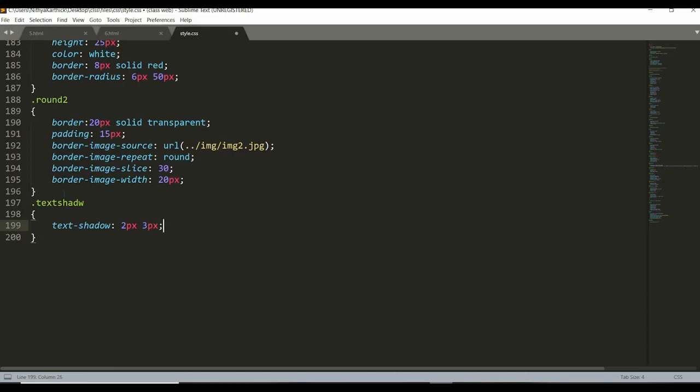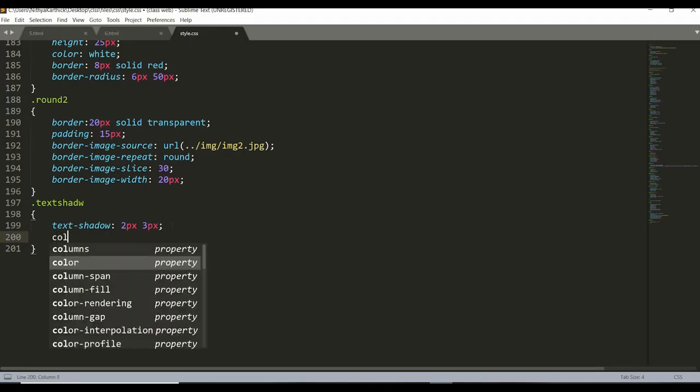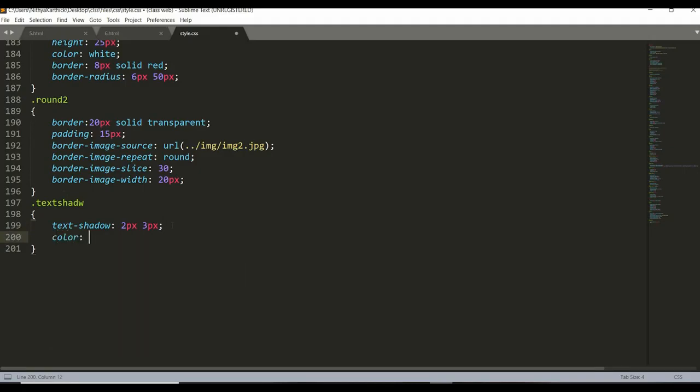This is the text shadow basic format, and we can also give text shadow with color. One second. We just give some color so that you will identify the difference.